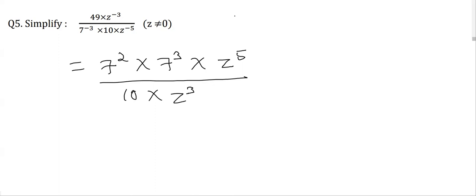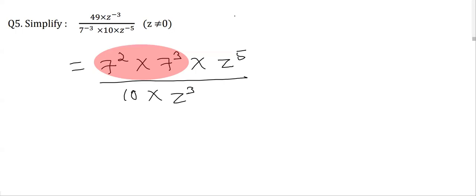in the denominator. So once again, what I'm doing here, as I told you, one with a negative power in the numerator, we can make it positive by writing it in the denominator. So I wrote z raised to the power minus 3 as z raised to the power positive 3 in the denominator. Similarly, it was 7 raised to the power minus 3 in the denominator, it is transposed, and if it is written in the numerator, it becomes positive. Likewise, z raised to the power minus 5, which was negative in the denominator, when written in the numerator, becomes positive. Now, over here, I'm going to apply the laws of exponents for these two,